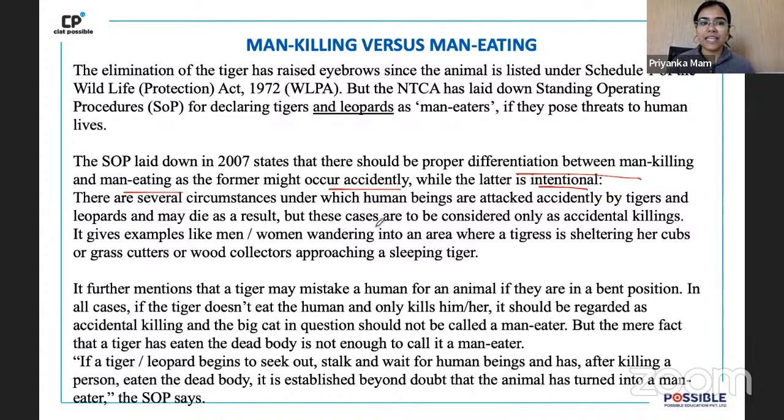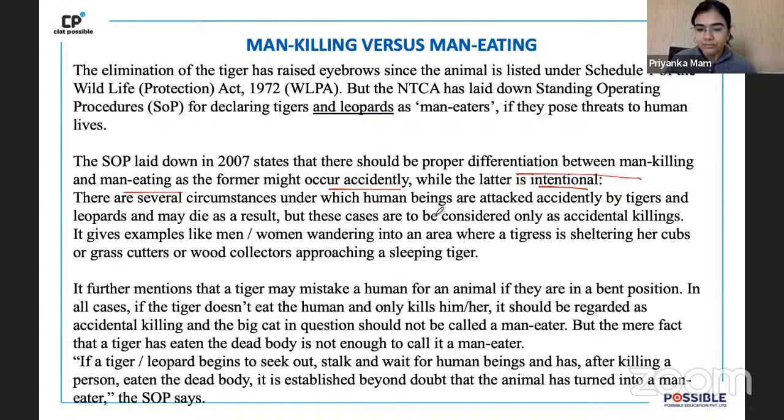Now what is this, they say that sometimes a human being dies accidentally, so in that case you can't go and kill the leopard or you can't go and kill the tiger. For example, I clearly remember the video, but I don't remember where it happened. Do you guys remember? There was this one guy who jumped into a cage where there was a tiger, and I don't know, he was mentally not okay, and he had consumed alcohol, and the tiger caught him and killed him. So I mean that is not really the tiger's fault, right? You don't really jump into something like that and then expect to not be dead.